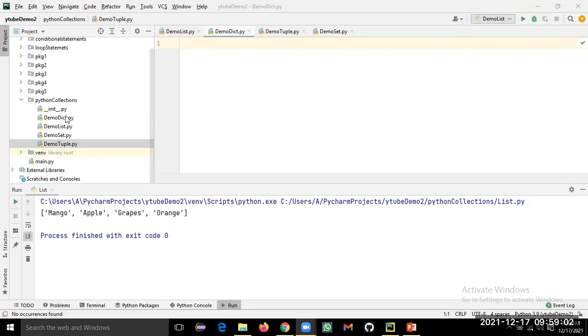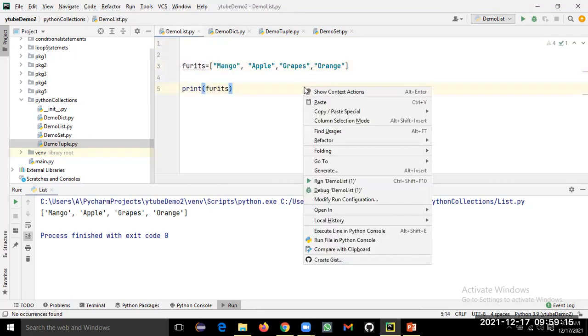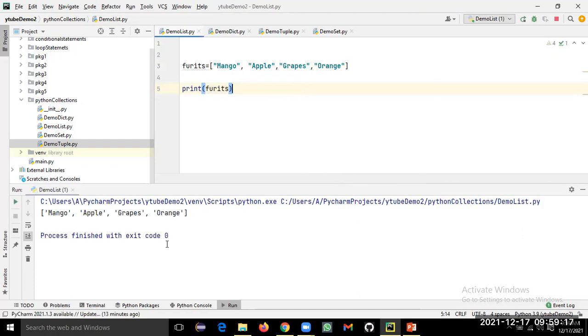Because these are predefined keywords, I've named the files demo dictionary, demo list, demo set, and demo tuple. Now let's go to the list. I've created this list and I'm printing it. When I print it, we can all see the items getting printed.